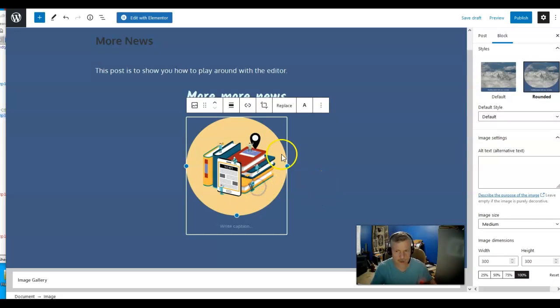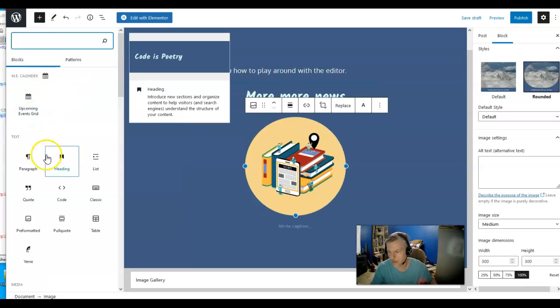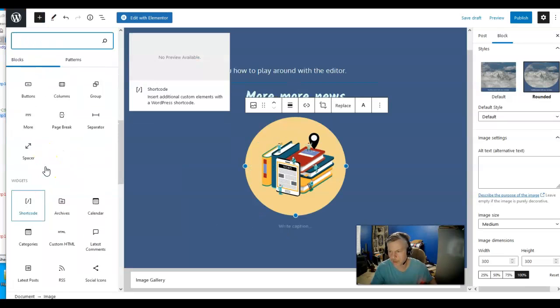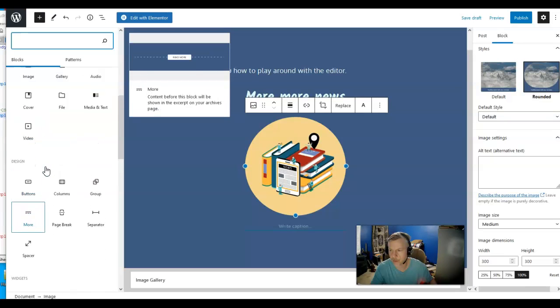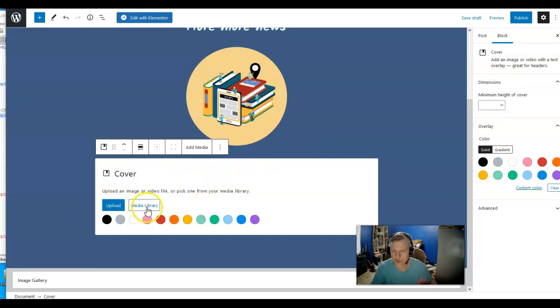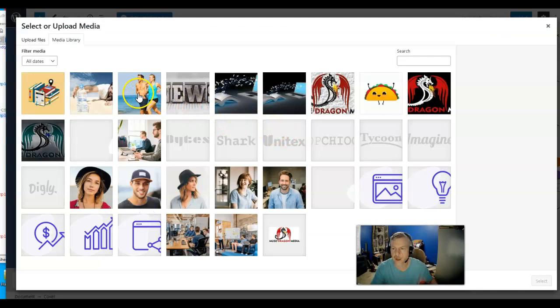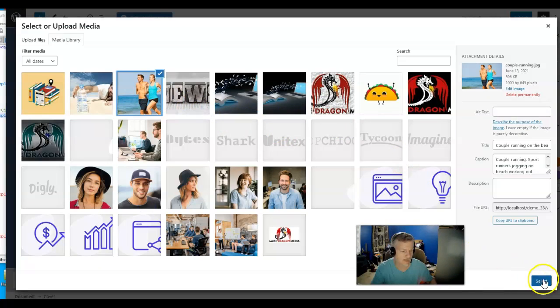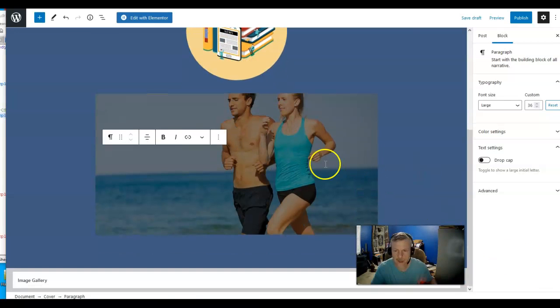Let's now add something else. I'm going to add another block, and another type of image that you might want to use would be the cover. We can play around with the cover. And again, let's go back to the library. Let's do this one. And now we have a cover. And with this, that just gives us the option to say